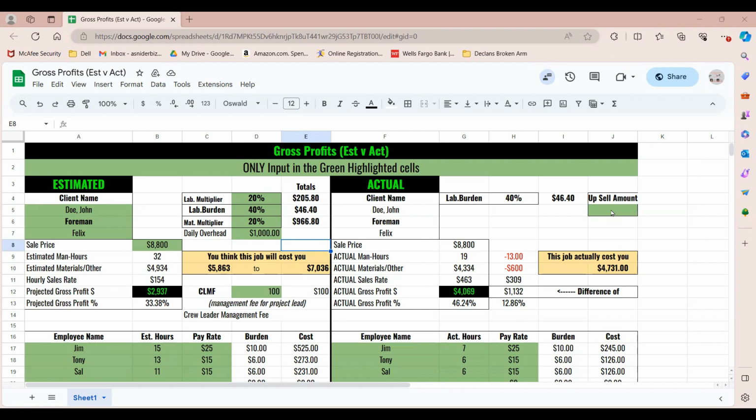One, if you do not already have a Gmail account, I highly recommend it so that you can work through these sheets. If you need to, we can also send you an Excel sheet. But the beautiful thing about the Gmail account is we can share these from one person to the other within our business. We can have this go straight to our bookkeeper, whatever we need, and it's very easy to do via Google Drive. So once you have a Google Drive account and you click on the link that we have provided you, it will open up to this screen,